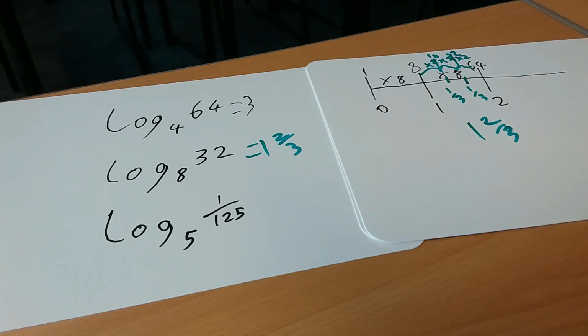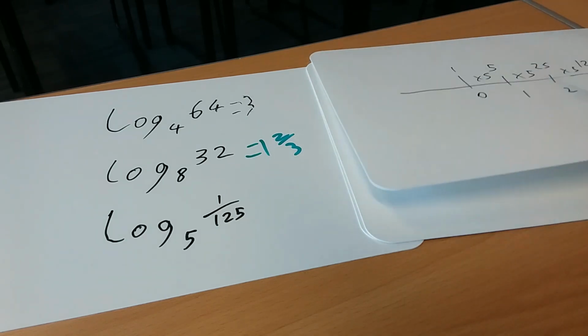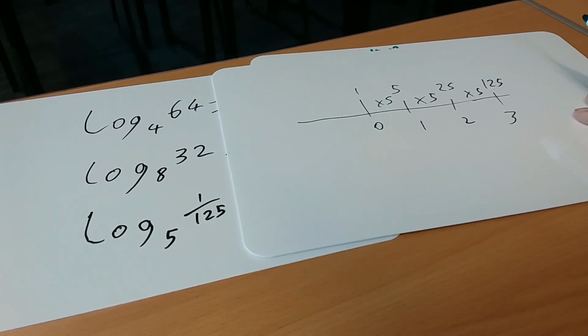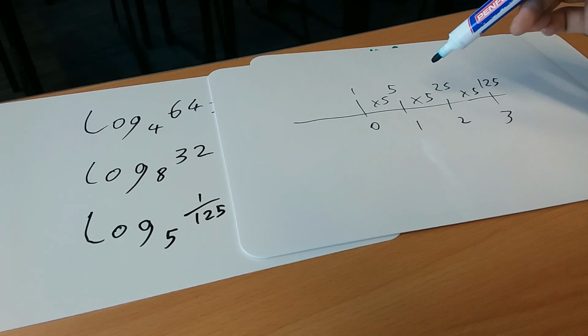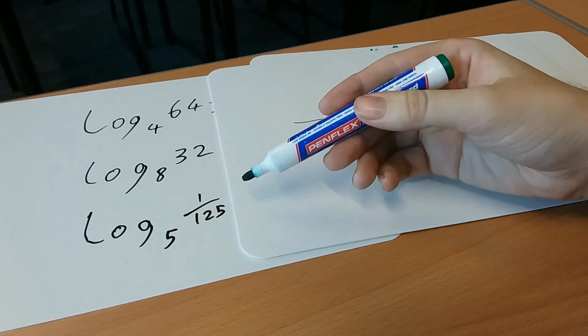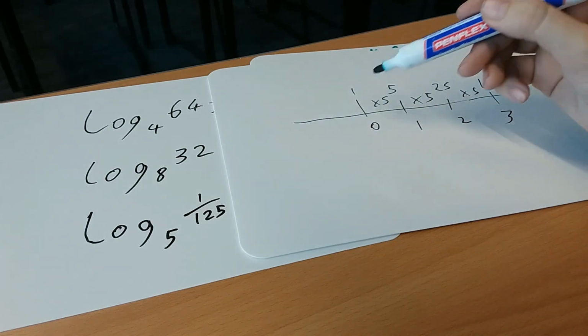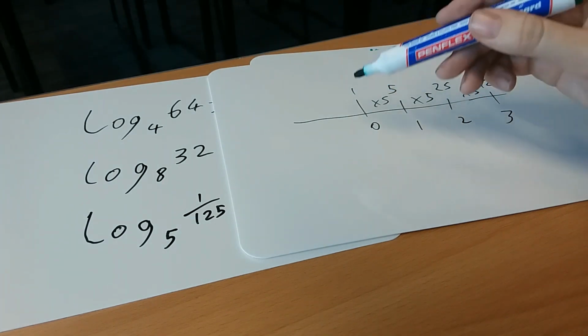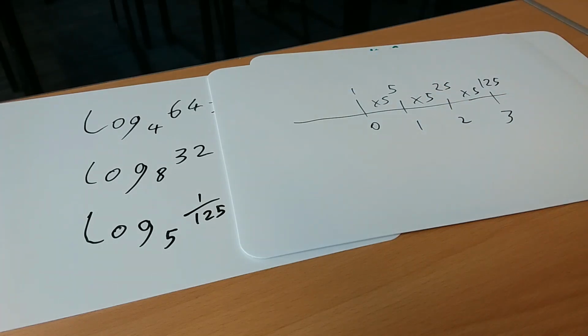Right, one more like this. Let's have a go at this one. Now the problem we have here is that as we multiply by 5, we're getting bigger. Our target is a small number. Instead of going this way along this line, what we need to do is go backwards along the line. So if we drew a few more steps in going to the left,